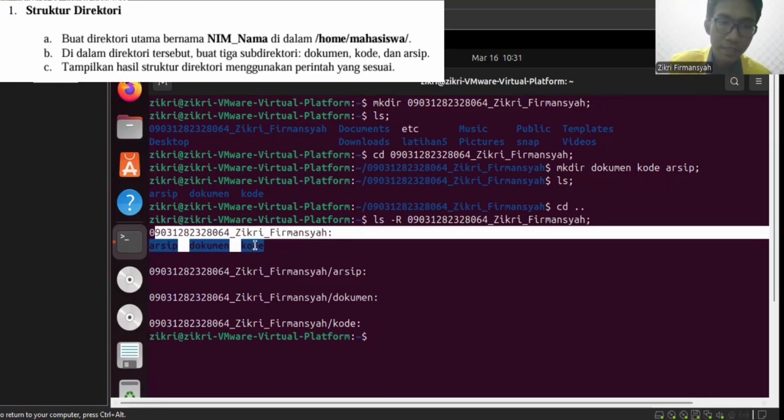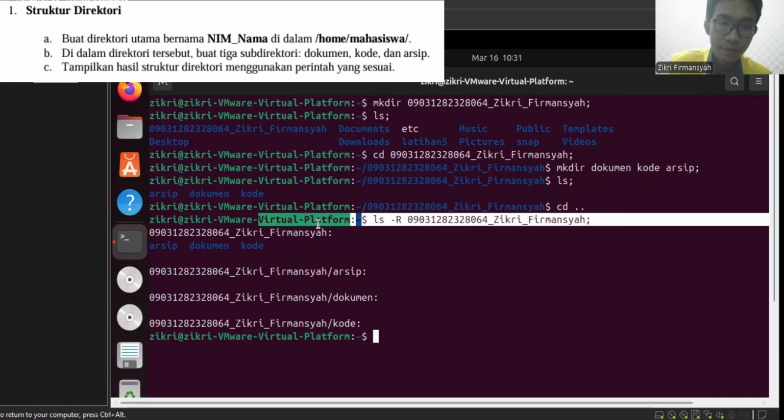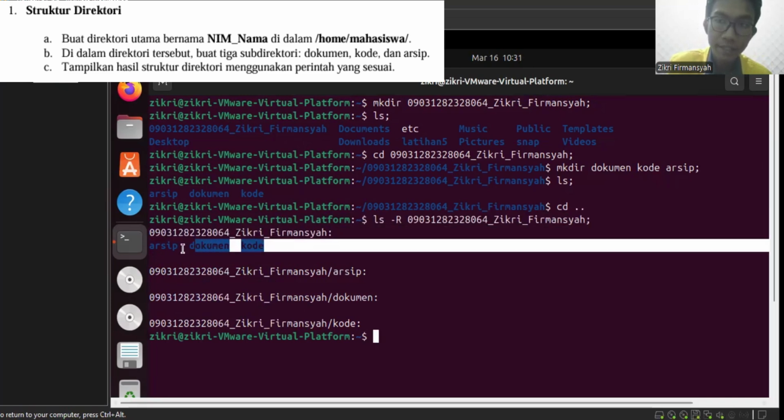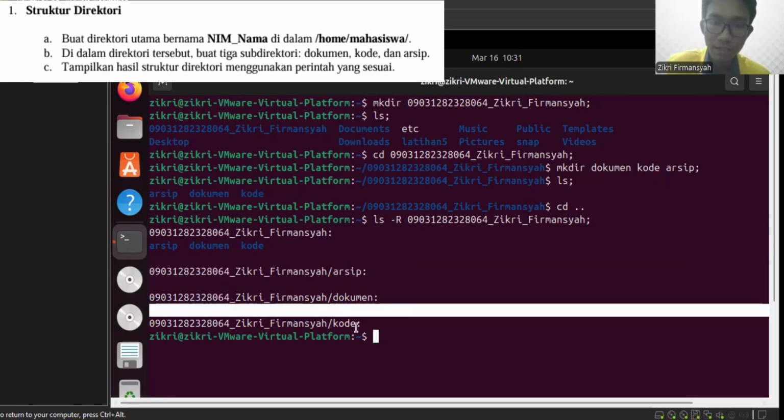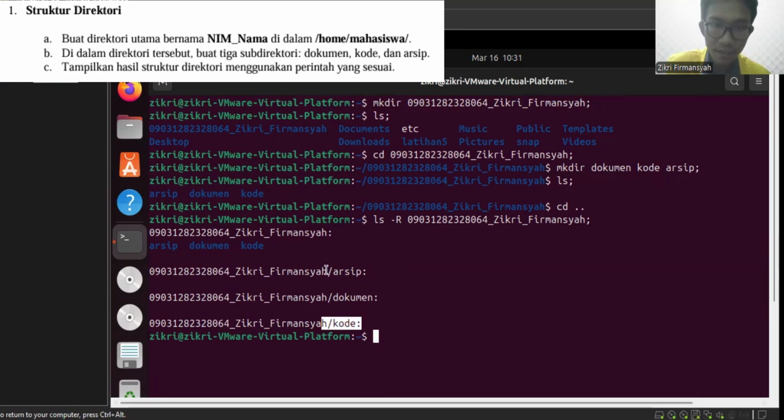The terminal displays the name of the main directory and its subdirectories, and then the structure of the subdirectories arsip, document, and code. I think that's all for number 1. We move on to number 2.